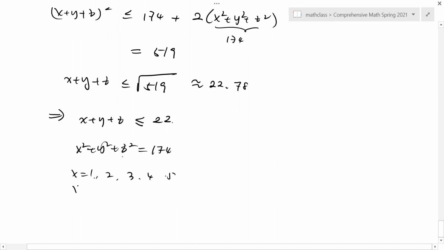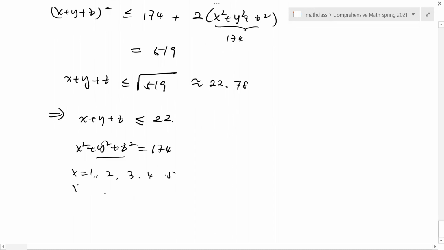And then you try to find the special solutions, special integers satisfying the Pythagorean relation in the equation. Okay, and you can quickly figure out only when